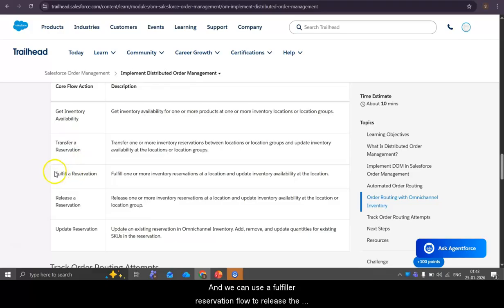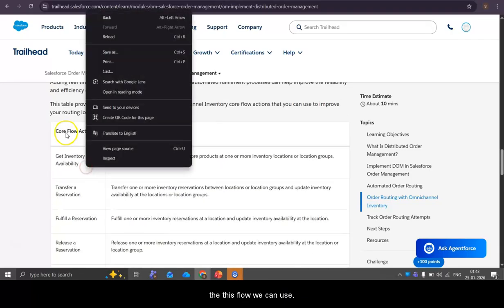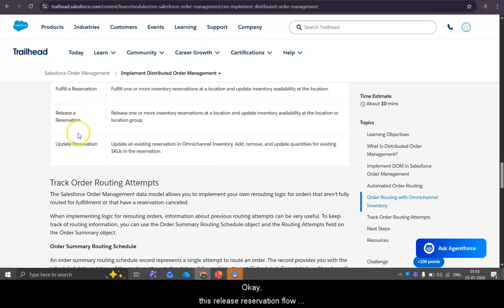And we can use the fulfill reservation flow to fulfill one or more inventory reservations at a location and update the inventory availability. And if we want to release the reservation from any location, the release reservation flow we can use. Update reservation is also the same.